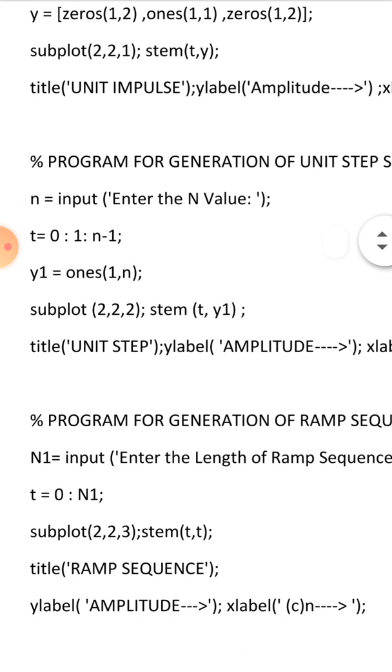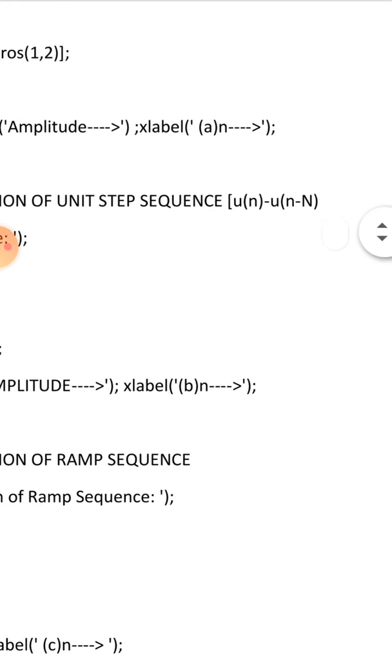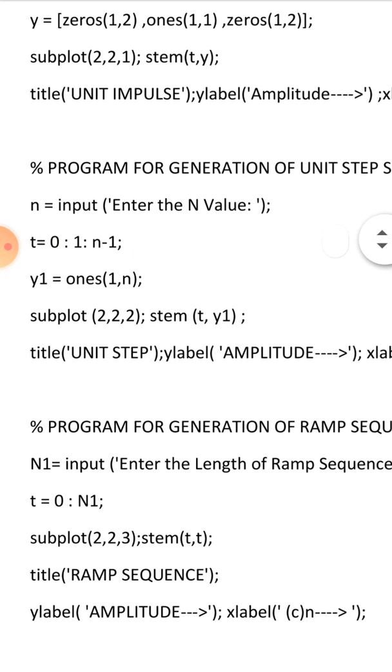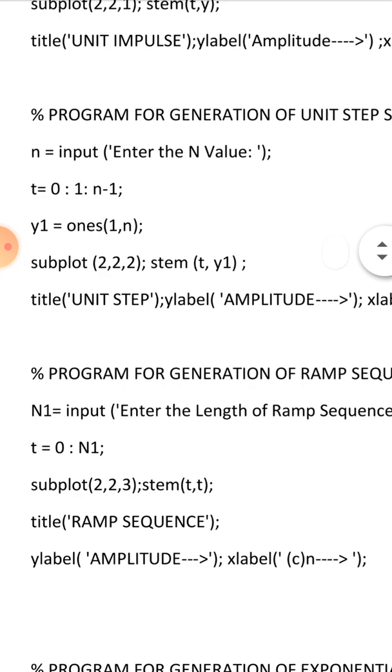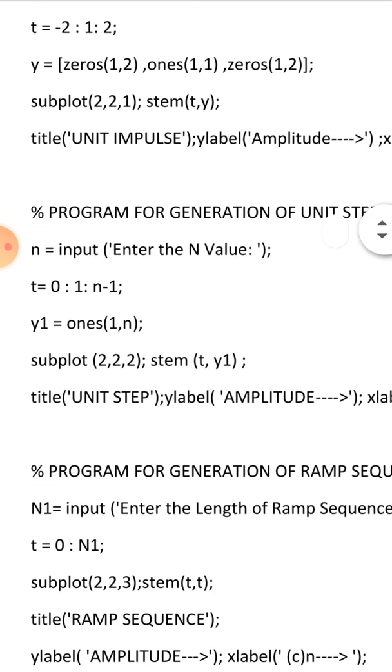The same thing we are going to do for the unit step sequence. The unit step sequence is created by using this formula. You would have studied all these things in your signals and systems. So now we are going to get an input and try to create a signal. First we just gave two inputs and then we tried to plot it. So now we are going to take the input in the command window. So n is equal to input('enter the n value').